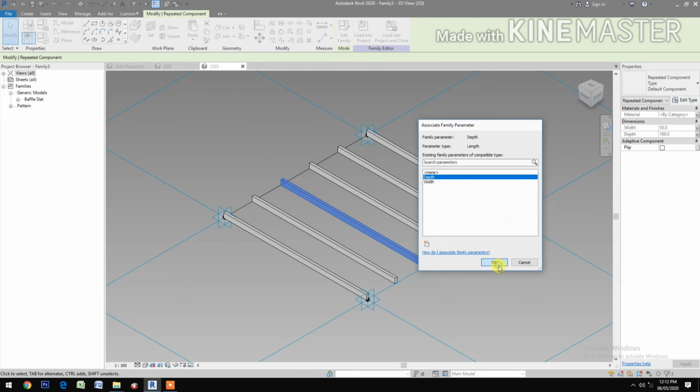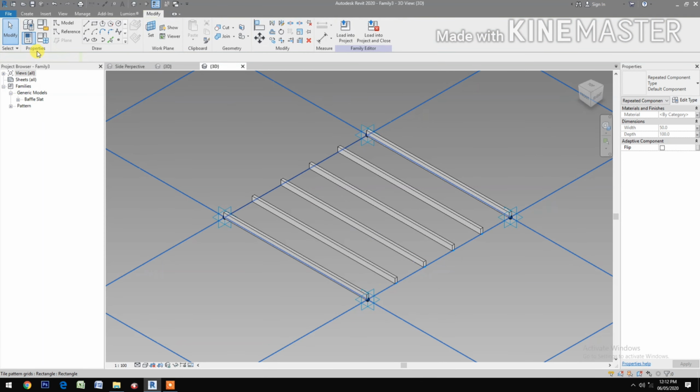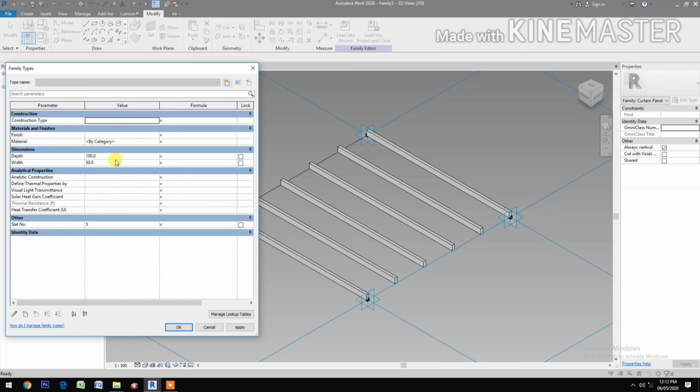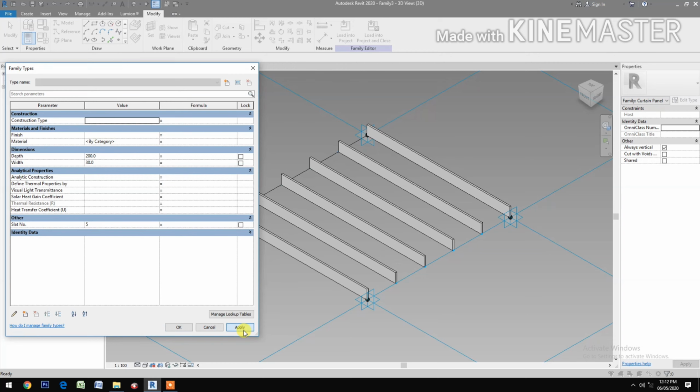Okay, now we have control of both depth and width. Let's change the width to say 30 millimeter. Apply. Okay, good. The depth, let's change it to 200. Okay,